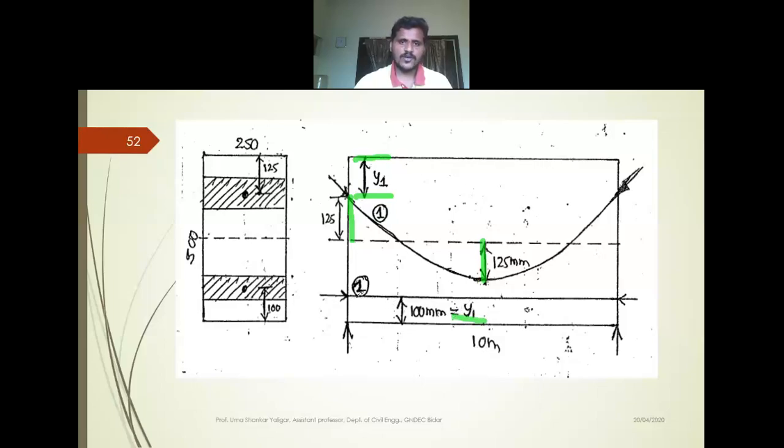This is related to the second cable. In this way there are two cables, and the beam is 250 mm breadth and 500 mm depth, as given. Here the data is given: this is the Y1 for the top plate, and this is the Y1 for the bottom plate. In both, we are providing the anchorage split. Then we need to calculate the tensile stress both at cable 1 and also cable 2.